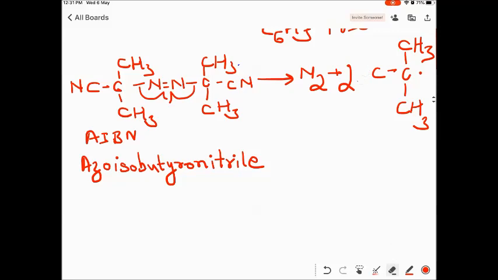Let us clearly specify this is a nitrogen atom. Now all these free radicals we will be generally representing as R dot, whereas R dot can be